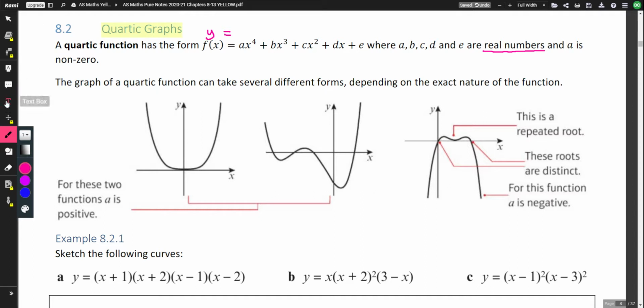Now you need to be able to sketch the graph of a quartic function, and they can take several different forms. It's a little bit trickier than a cubic, not much, but slightly trickier, and it depends on the exact nature of the function. If we look at these two on the left,